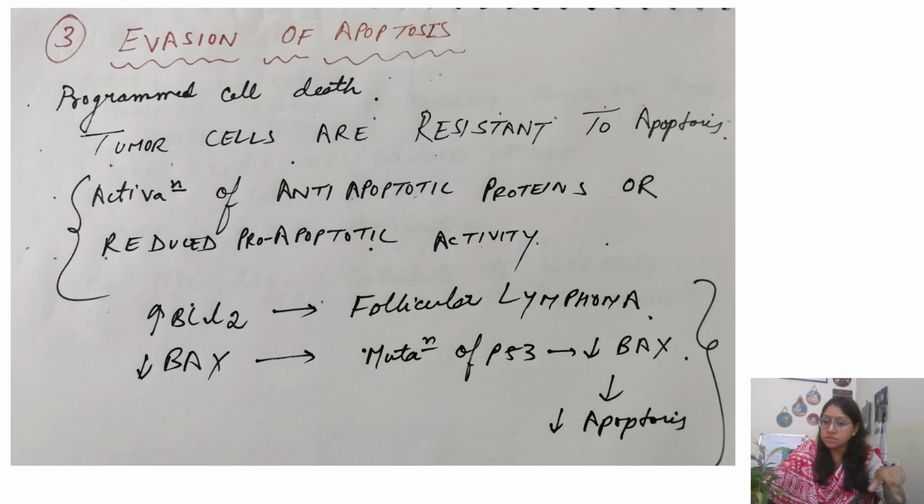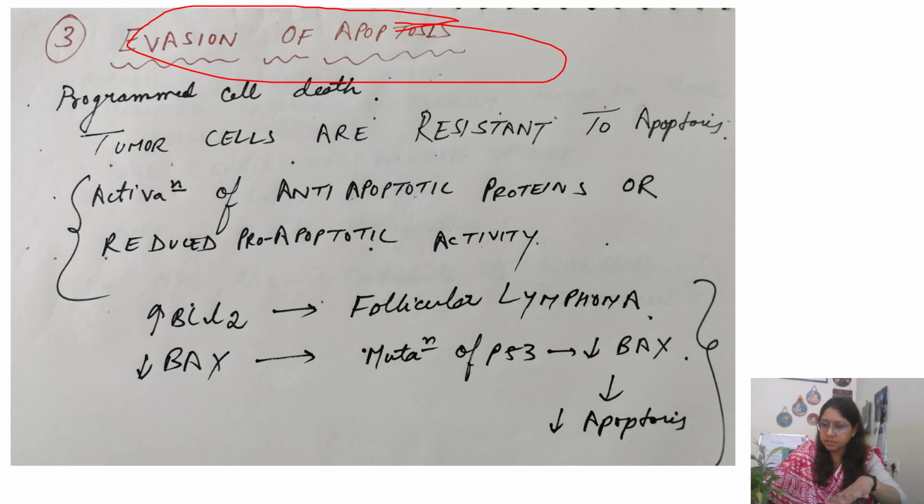So what is apoptosis? This I've already posted lectures on apoptosis, the chapter of cell injury. So here what happens? So there is evasion of apoptosis. Apoptosis is cells are bound to die. So there is a programmed cell death. कि इस cell को इतने ही time तक जिंदा रहना है, correct? So that is a programmed cell death. So tumor cells, what they do, they become resistant to apoptosis. They will not follow apoptotic signals.